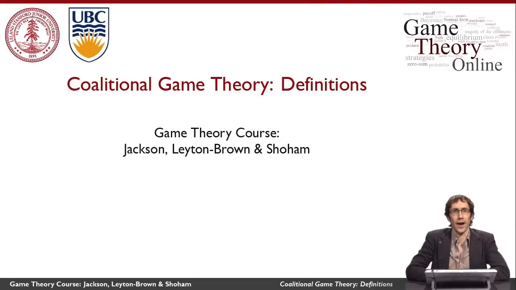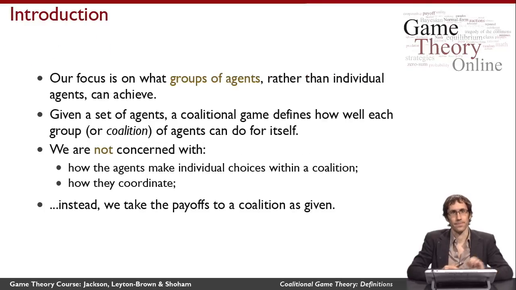This video is going to define coalitional games and explain what they're used for. So coalitional games, unlike the non-cooperative games that we've talked about so far, don't model individual agents taking actions. Instead, they think about groups of agents acting together. So the idea is going to be that we think about a set of agents and ask about what coalitions could form, what groups of agents could choose to work together. And to do that, we're going to define how well each different group of agents is able to do for